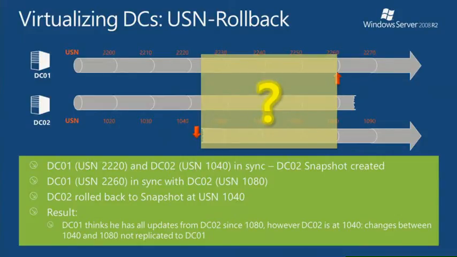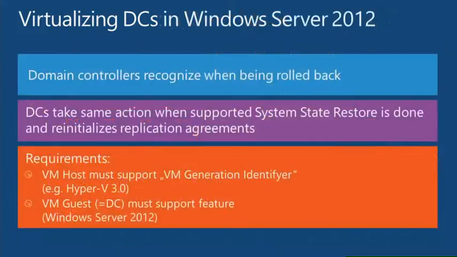And that's the reason why you shouldn't use snapshots or other cloning technologies, like Ghost, Acronis, whatever, on your domain controllers unless you do it right, unless you know what you're doing. If you use Ghost, Acronis, imaging things, you can actually set a registry key on the domain controller before it comes back as a domain controller, so that it assumes it was restored from a backup, and then it does all those things that we do in virtualization